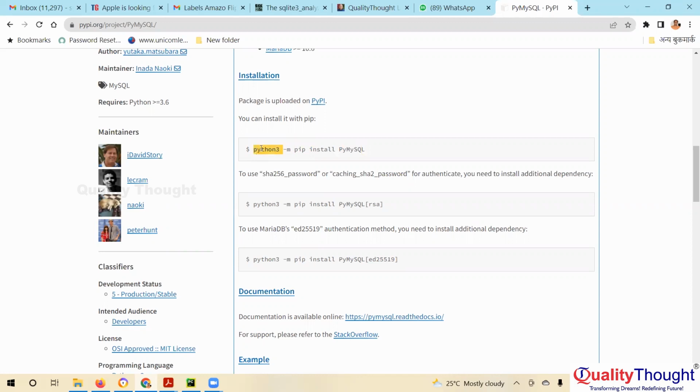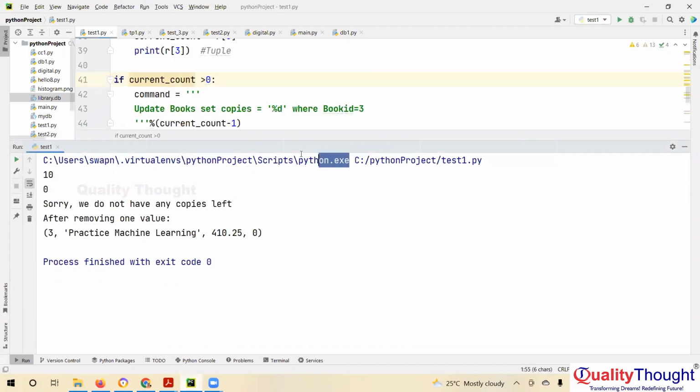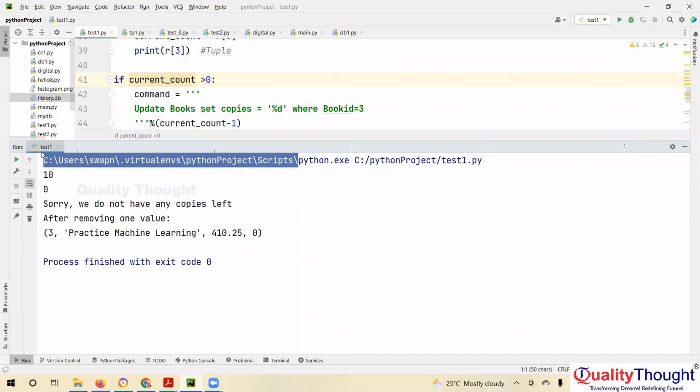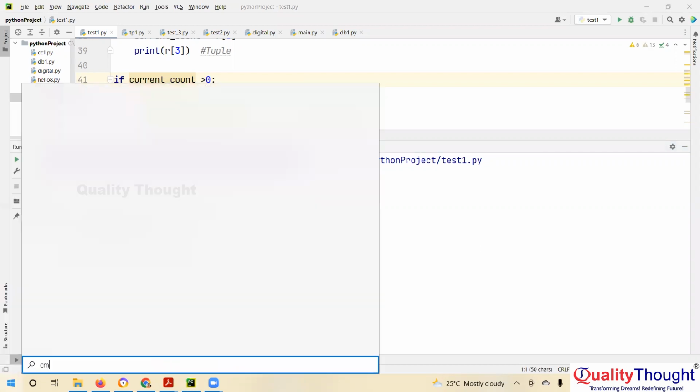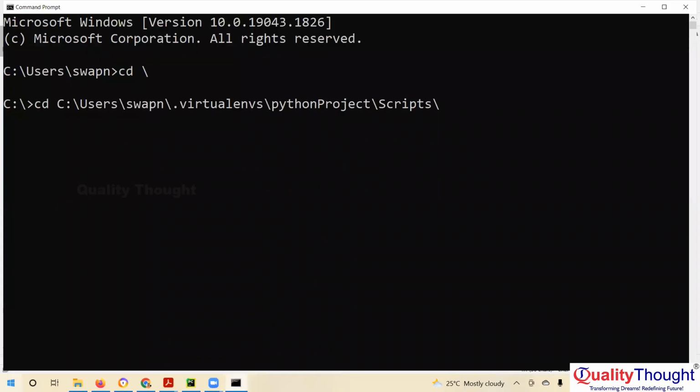So what it does is, you run it at your Python home. How do you know what is your Python home? You go here. This is your Python home. Wherever your python.exe is, that is your Python home. You have to go to this location on your command prompt and then run that command. So I go to command prompt, cmd, and I say cd. This is where the python.exe is. Now here I'm going to give pip install